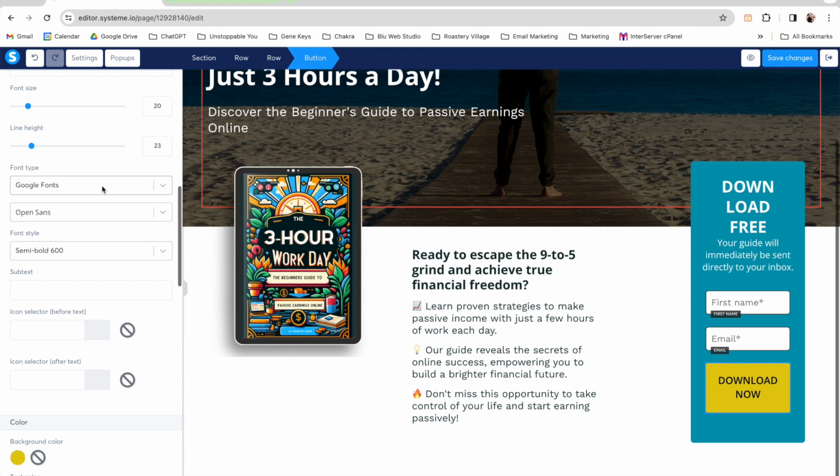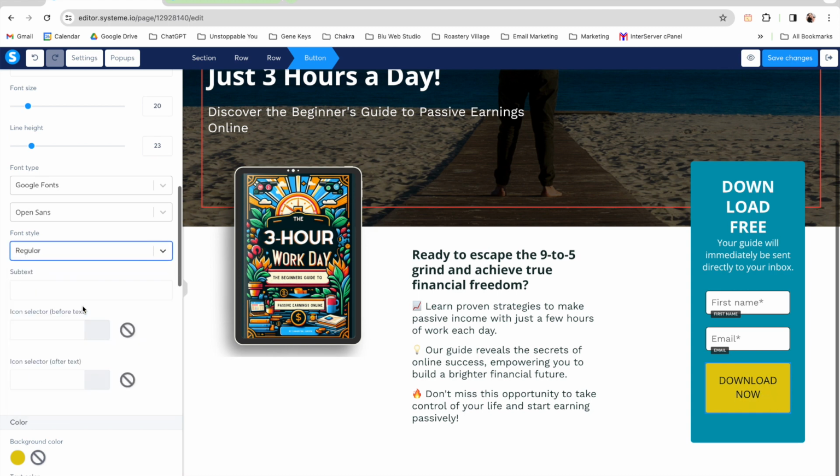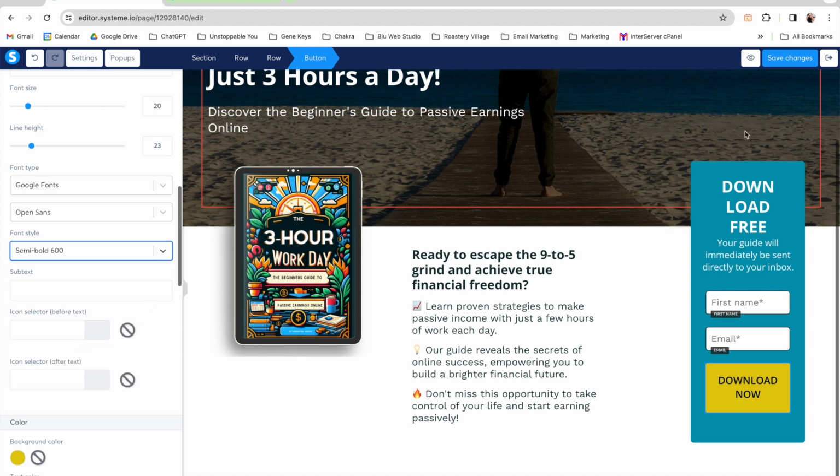You're also able to change your font types. So perhaps you don't want this font as a bold. So maybe you just want a regular. There we go. You can change that there. Maybe you want it extra bold. Change it there. So really you just need to play around a little bit and see what you like, what you don't like. Make sure you hit the save button and of course hit the exit button to get taken